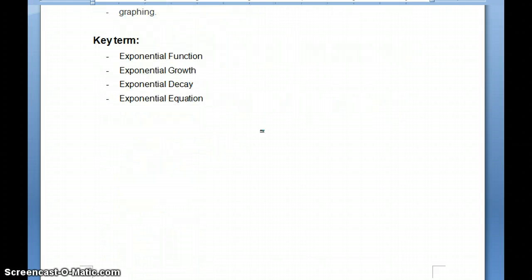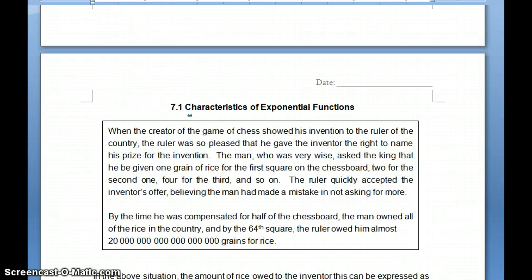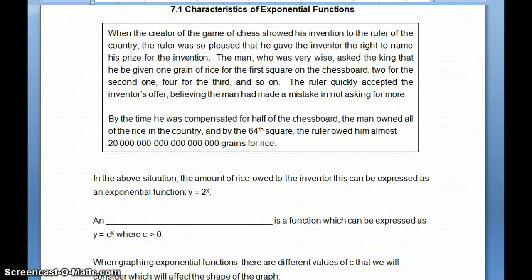We have some key terms: exponential function, exponential growth, exponential decay, and exponential equation. 3 or 4 of those we are going to see in our first section, which we're going to look at today, so it'll go by pretty quickly for you guys. Today we're going to be looking at